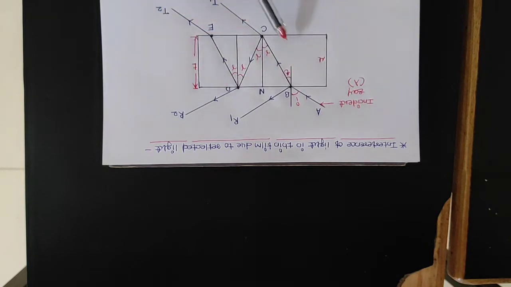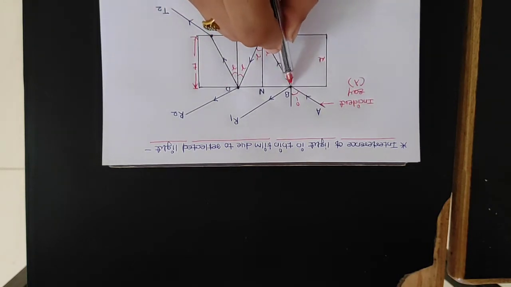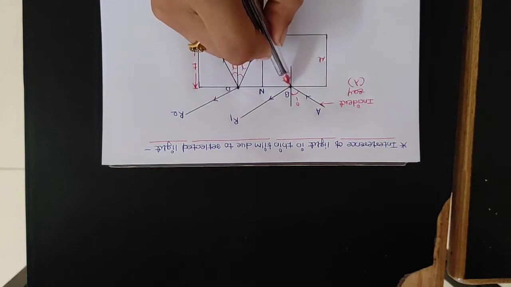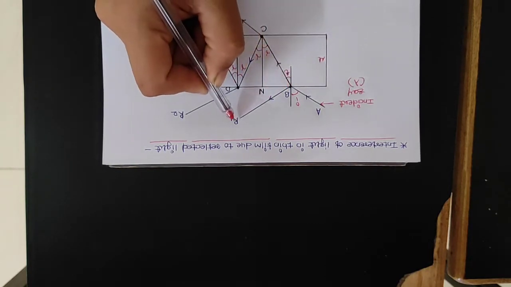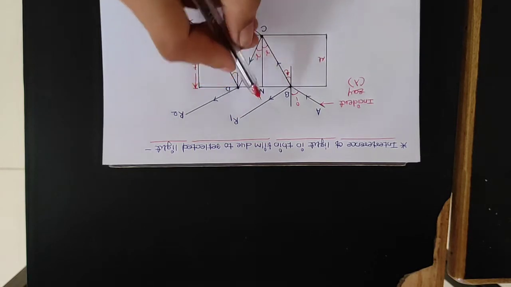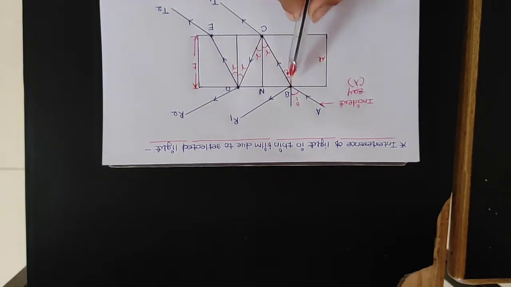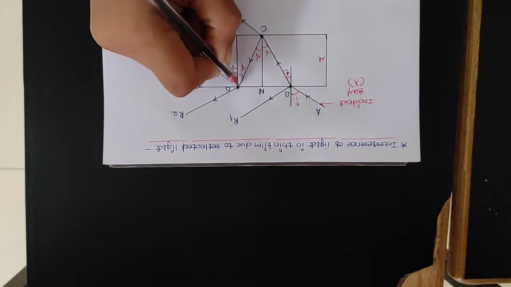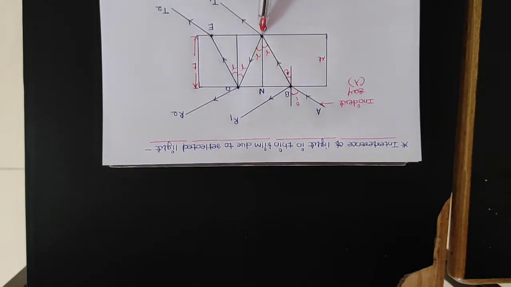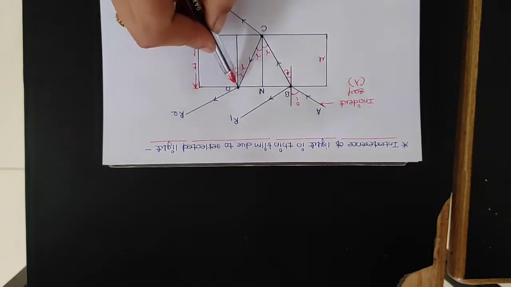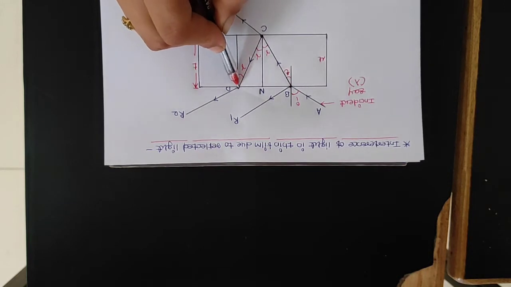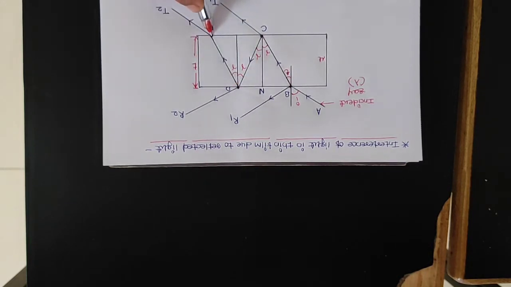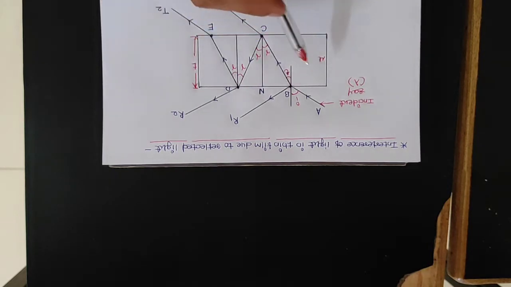If we see this figure, then it is observed that from the point B, a ray of light is partially reflected along BR1 and partially refracted along BC. Now again from the point C, the ray will be partially reflected along CD and partially refracted along CT1. Similarly, partial refraction occurs at point D and point E respectively. Understood? One more time I will explain.